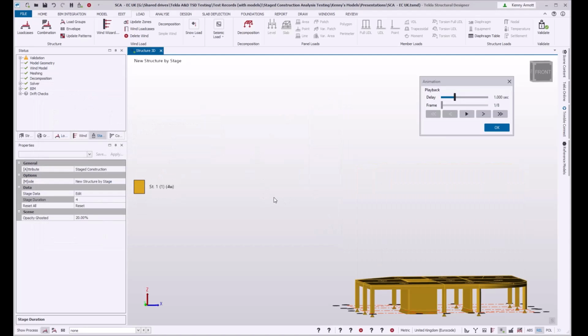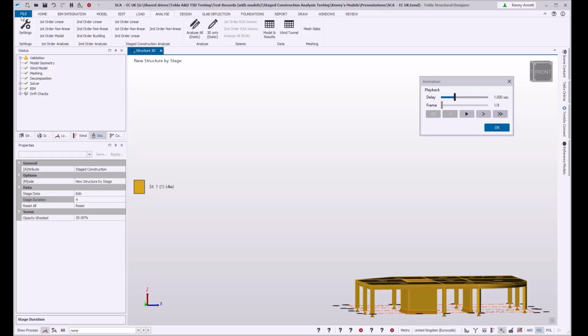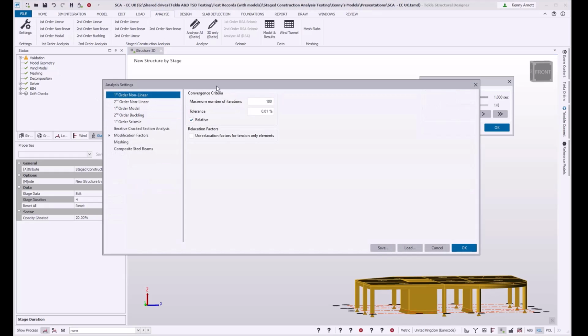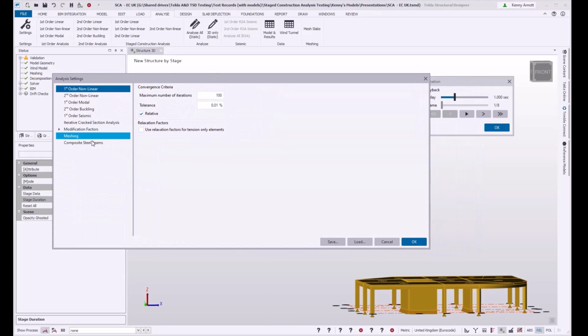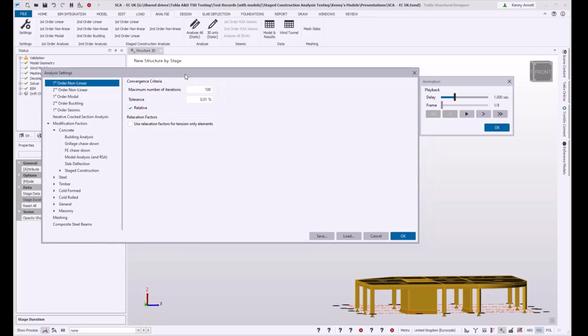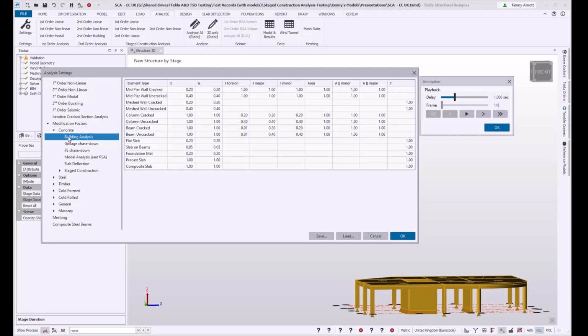Now, in our summaries about this, we're making a big point about going and looking at the analysis modification factors. And we do say you should review them. It doesn't mean you have to change them. You may want to change them, but having changed them to be what you want them to be, you might never want to change them again. But for all analysis, there are analysis modification factors that adjust the stiffness.